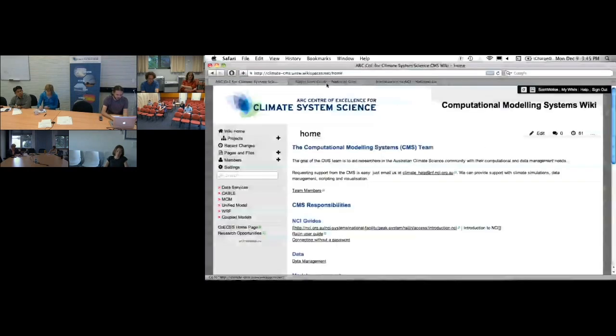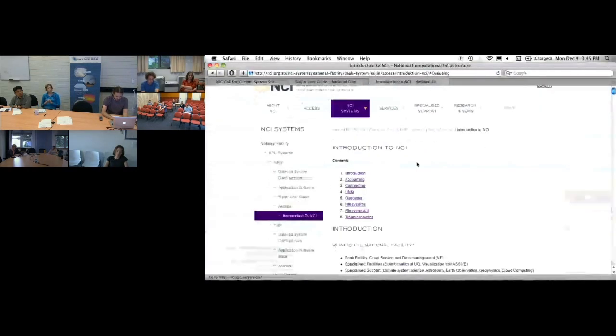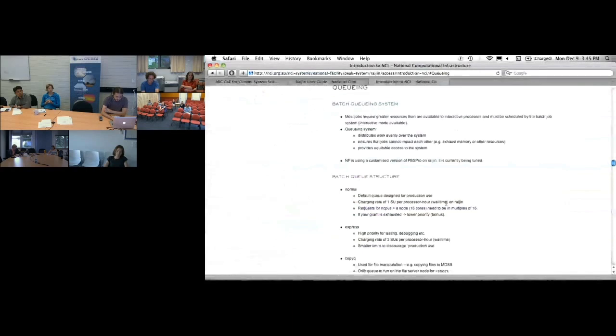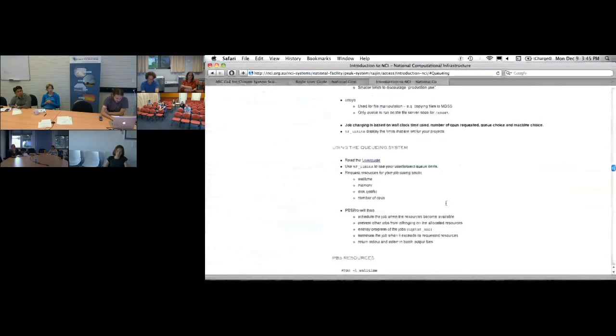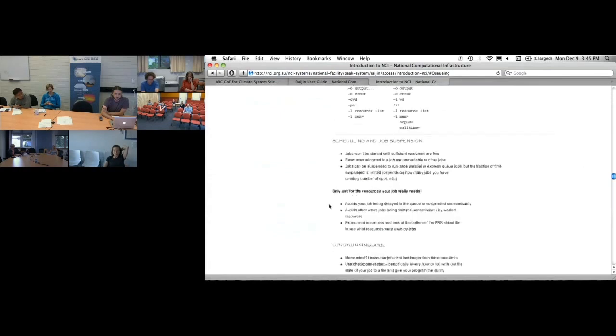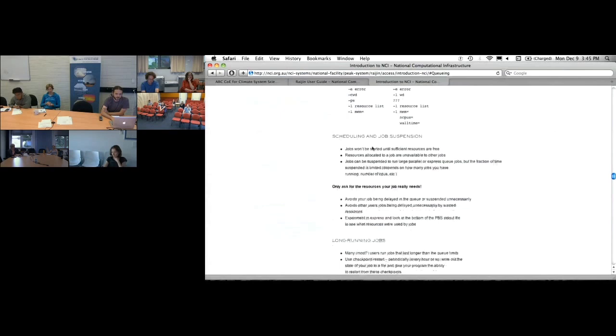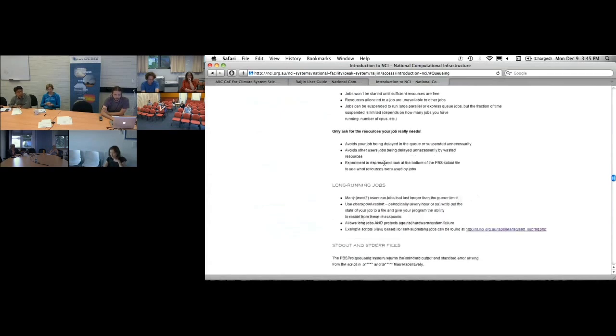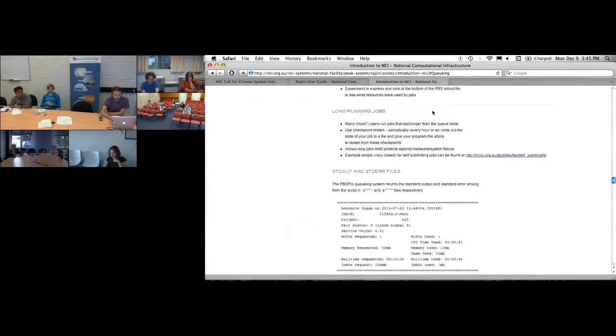I'll just go back to the NCI guide and see if there's anything else I should let you know about. Again, most of this information is here in the Introduction to NCI website. So you've got stuff like the PBS options, what resources you should be requiring, long-running jobs. Pretty much all our models will be able to checkpoint after some time.